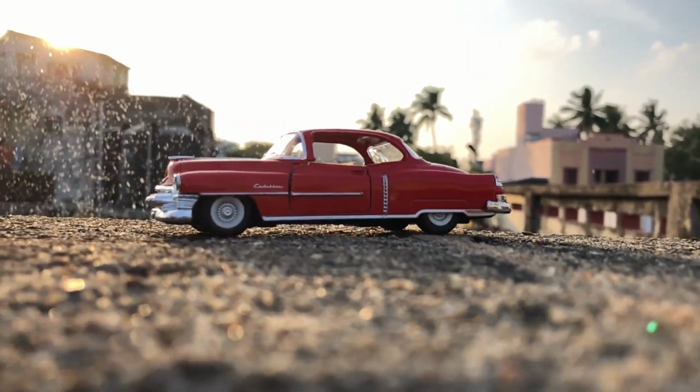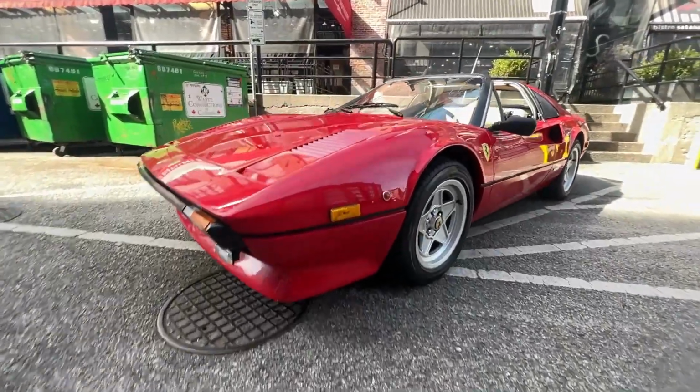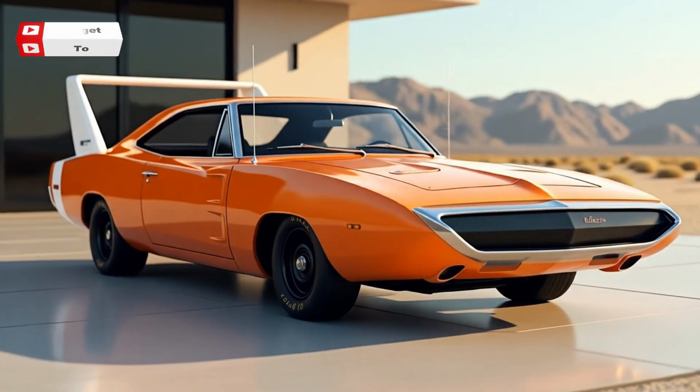Back in the golden age of American muscle, Detroit wasn't just building cars. It was cranking out legends. But among the icons, a few machines stood apart, not just for their power or style, but because they were